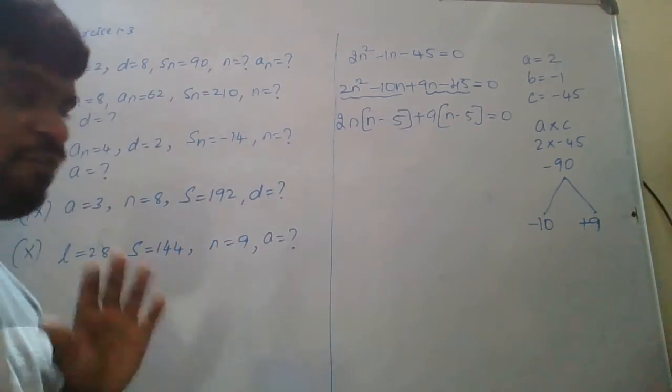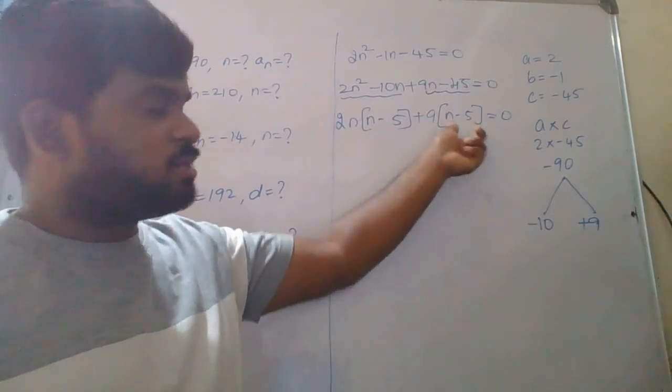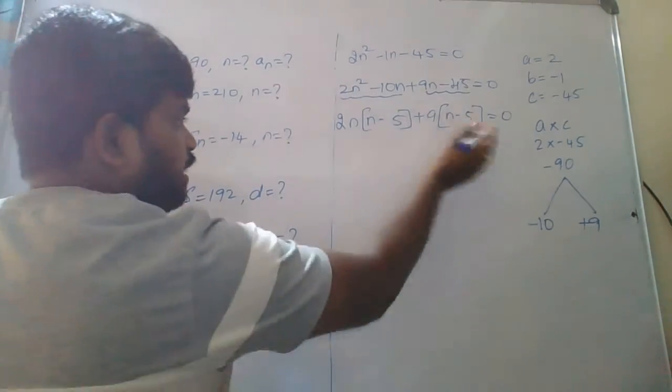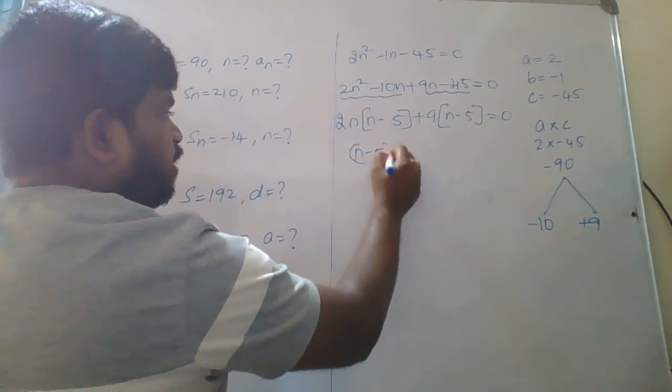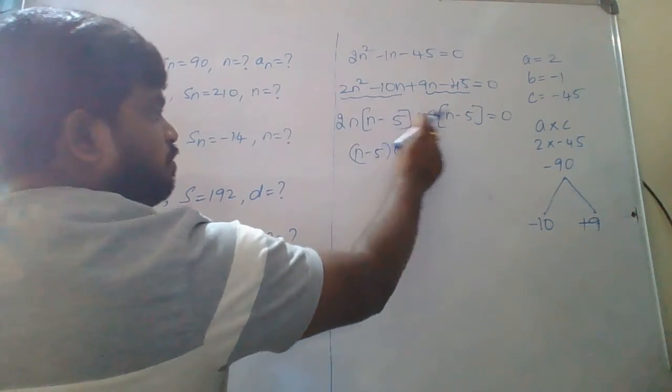If we have done it correctly, we'll get the same thing in both of the brackets. Both the brackets, you're going to get the same thing. Those same things, again, take out common, n minus 5. Or in other words, the same thing, you write it once. The remaining things, 2n plus 9